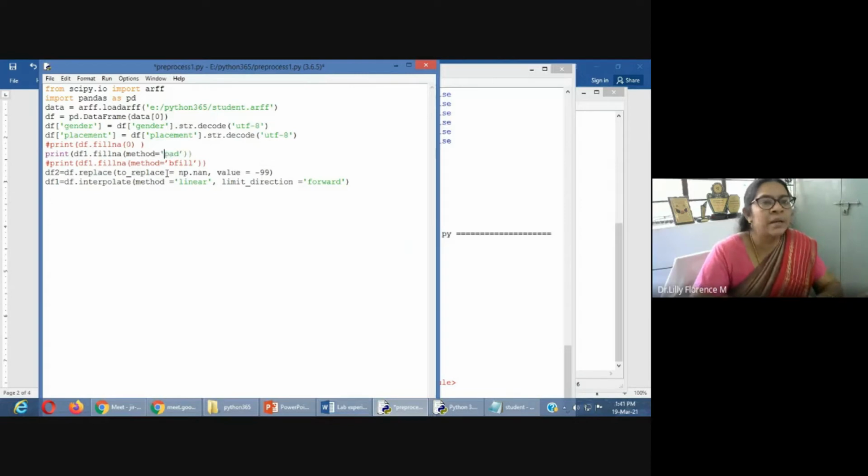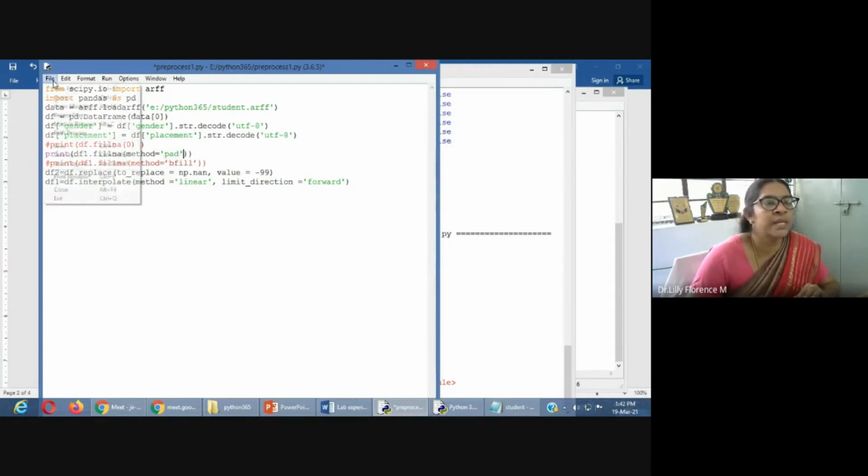That is, it will fill using the previous value. Whatever value exists before that, it will be filled with that value. So here more or less all the values will be in an equal range, so our result will not get affected. Most people use these two methods. Either we can fill with the previous value or we can fill with the next value.